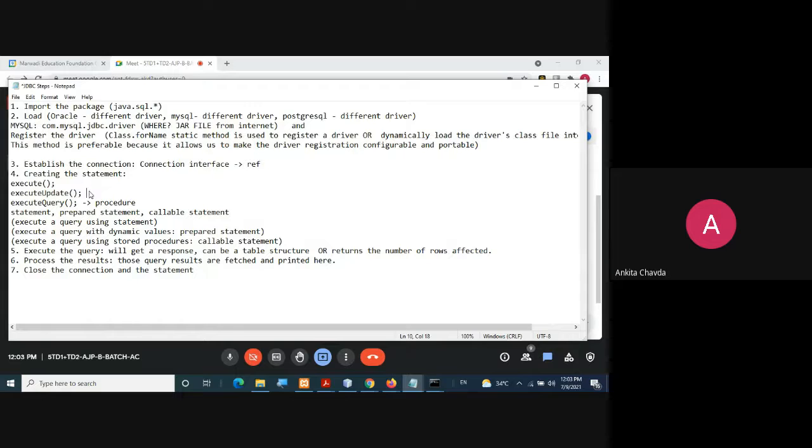ExecuteUpdate you use wherever you are changing the structure of your database, either dropping a table or creating a table. If you are just firing a select star from kind of query, then you use executeQuery. I hope you know this very well.